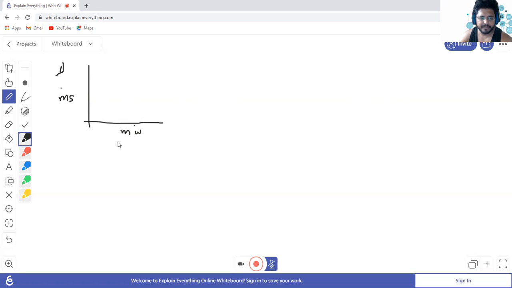Now, assuming that the mouse weight parameter was not there. Suppose this is my distribution. Now, assuming my mouse weight parameter is not there, only the mouse size parameter is there. Then what happens? These are the y values. These are the mouse size values, right? That means only considering the y value and not considering the x value.